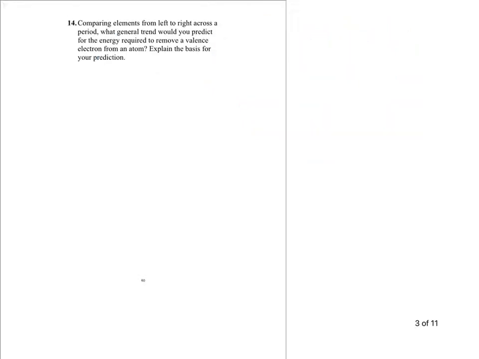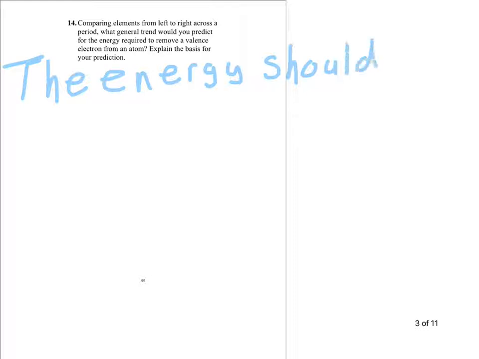Number 14, comparing elements from left to right across the period. What general trend would you predict for the energy required to remove a valence electron from an atom? And explain. So the energy should increase because